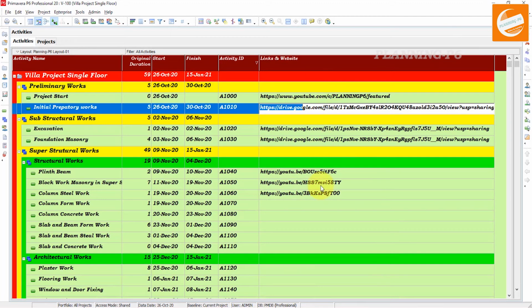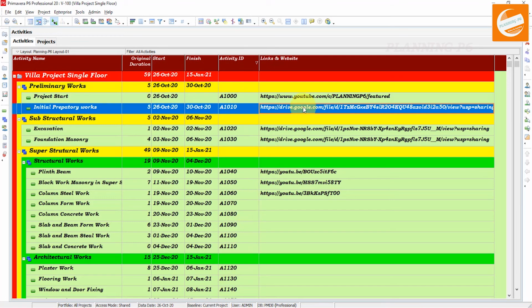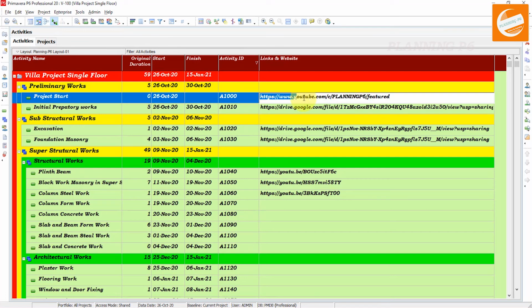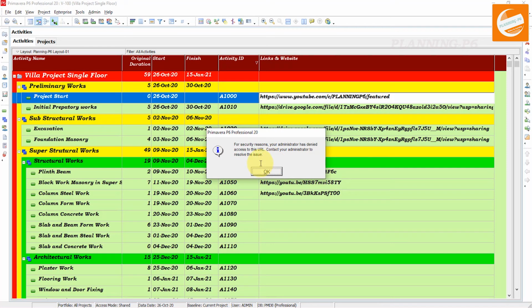And now we will go and change the setting from admin preferences, and if this is enabled, this will work. If I disable that link and that link, the first two links, and close them, now we will launch that link, launch hyperlink. You can see it shows an error because we disabled that link from here.